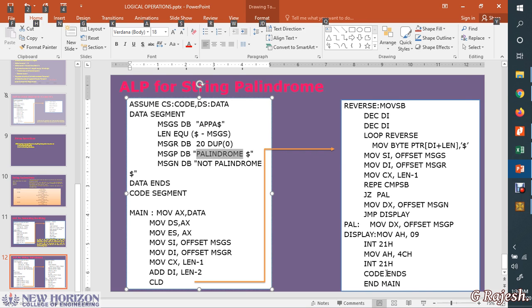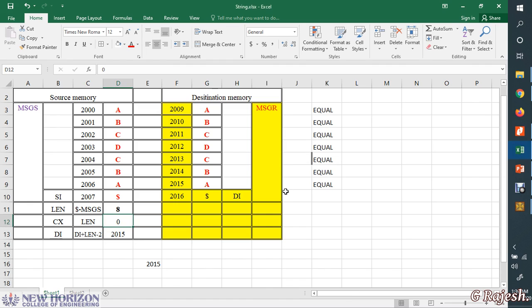For suppose any character, I am just making this a small c instead of capital C, small c. So now these two are unequal. So now here it becomes unequal, equal and equal. Okay, so now immediately when it is unequal,